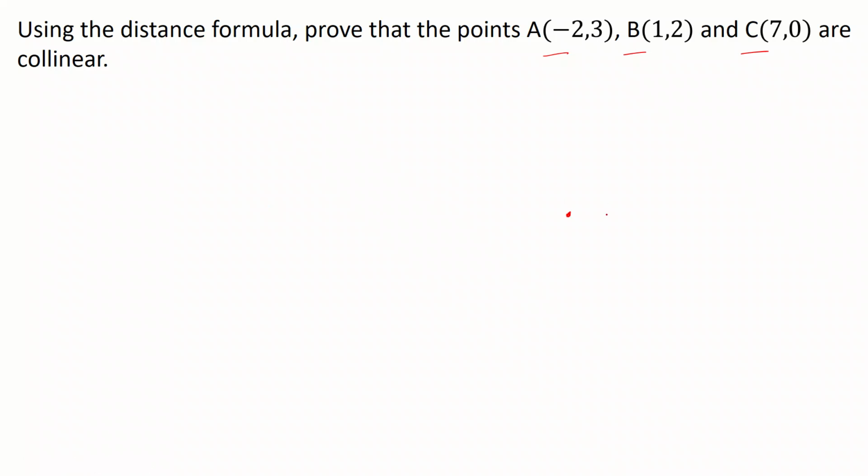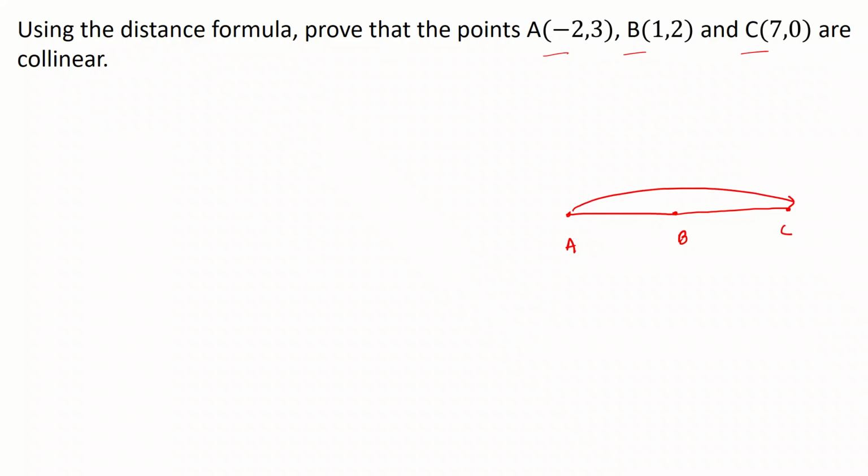So suppose that A is over here, B is over here and C is over here. So this is my A, this is B and this is C. For these 3 points to be in a straight line, I need that the distance of A to B and the distance of B to C, if we add these 2 distances up, it actually gives me the distance of A to C. So if I can prove that AB plus BC is actually AC, then I can show that the 3 points